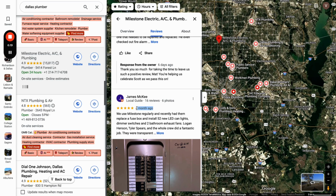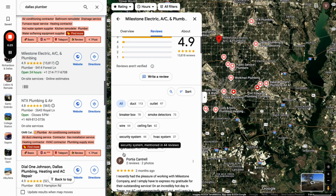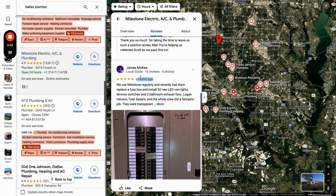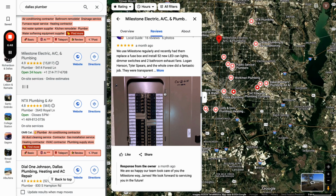Now, something else that comes into play is local guide reviews, but we'll talk about that later on, because this review was posted by a local guide. This one right here was posted from a quote-unquote regular account, which only has 2 reviews. This local guide account has 16 reviews. So the weight from local guides, we could say it this way, one review from this James McKee local guide has more weight than a quote-unquote normal review, but more on that later on. And so again, if you can, ask for photos, because me as a client, as a customer,